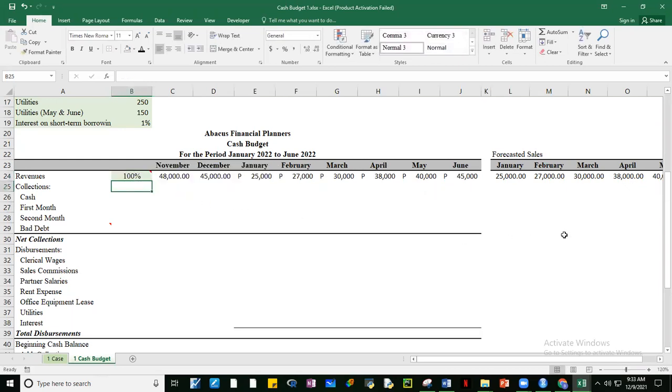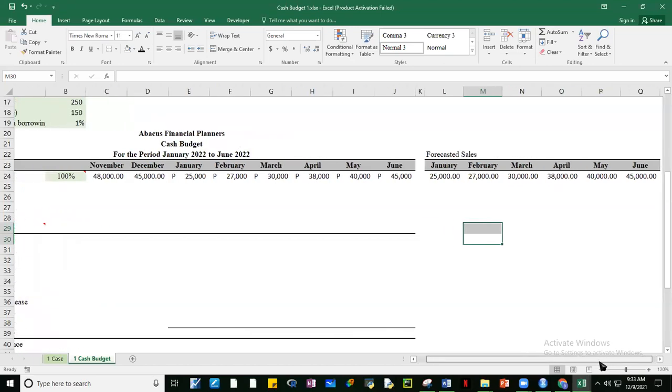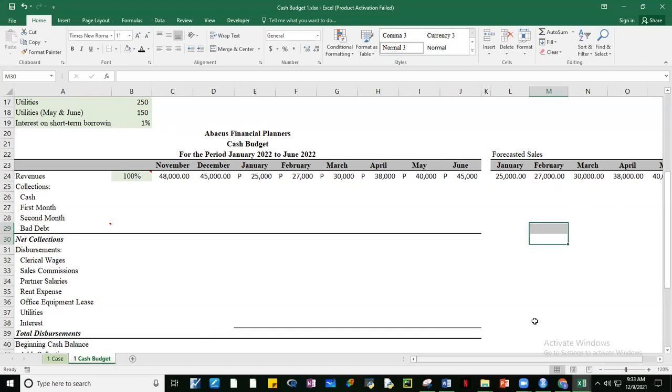Okay, let me pause for a while, guys. Any questions so far? Okay, is this clear? Kindly chat, guys, kung clear siya and you have already these figures in your template, in your cash budget. Kindly please chat yes or no. If you already have it or not yet.